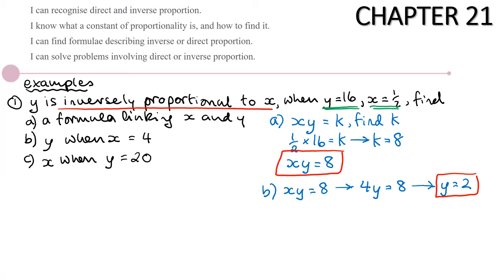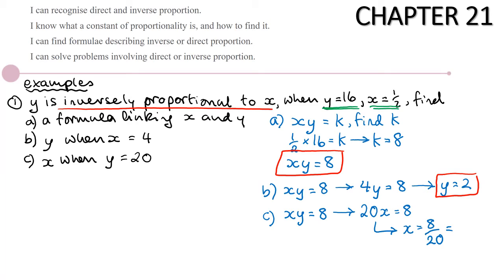And then in part C, find x when y is 20. So again, we'll start with the formula that we've got. x times y is always equal to 8. So if y is equal to 20, I basically have x times 20, which is 20x, equals 8. So I'm going to solve that. And the way to solve that is x is going to be 8 divided by 20, which I could just